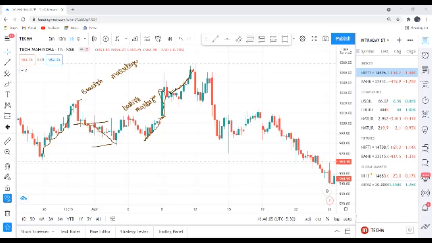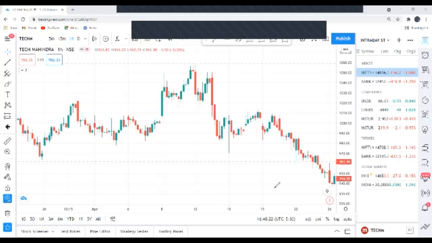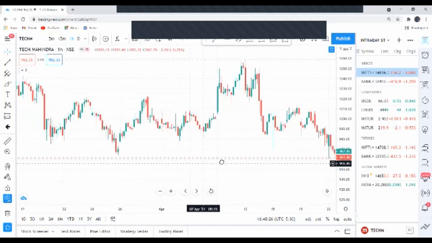The trend continued for some time. Okay, in the uptrend, a bearish Marubozu came, so that means trend reversal. So up to here the positive trend continued. After the bearish Marubozu, the trend reversed and it came down like this. Okay, trend reversal. You can see a few more examples here in the chart.